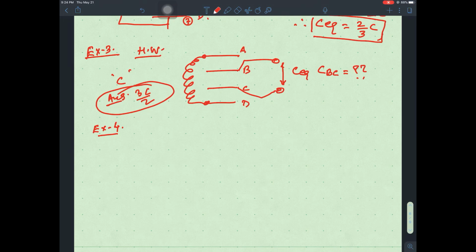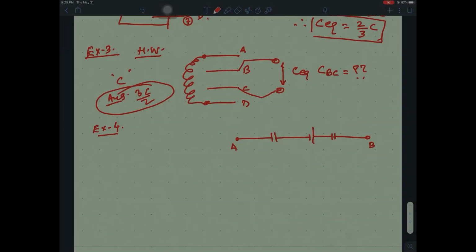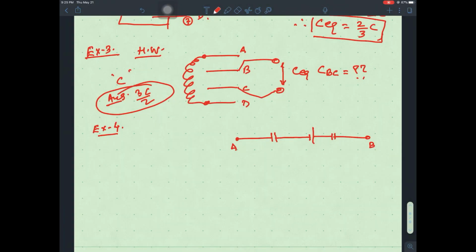The circuit has a section AB, which I am showing you. Here is the capacitor, here is the battery, here is another capacitor, and this point is B and this point is A. So the circuit has the section AB. Here is the capacitor C1, here is the capacitor C2. Its value is 1 microfarad, its value is 2 microfarad,